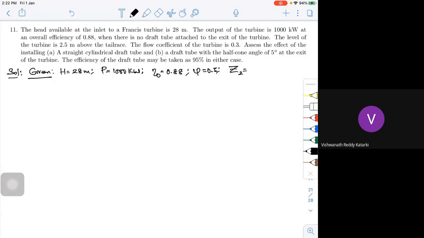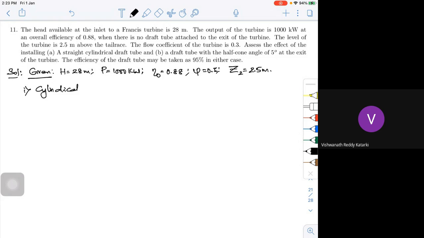And they are given what we call Z2, that is the height of the level where the turbine is located, which is 2.5 meters above the tail race. They call that Z2. When I draw the sketch, you will understand that. Now we need to analyze this for both cases. First case, let's take